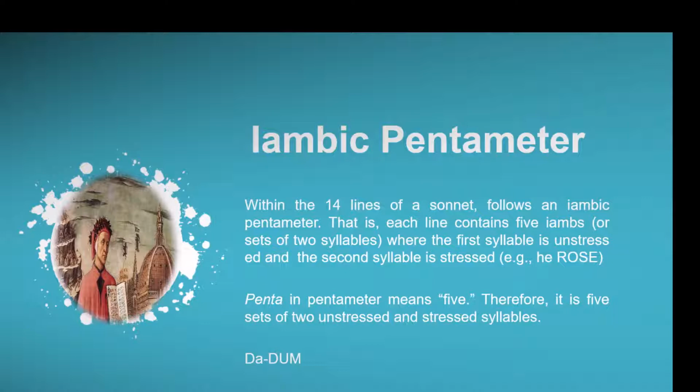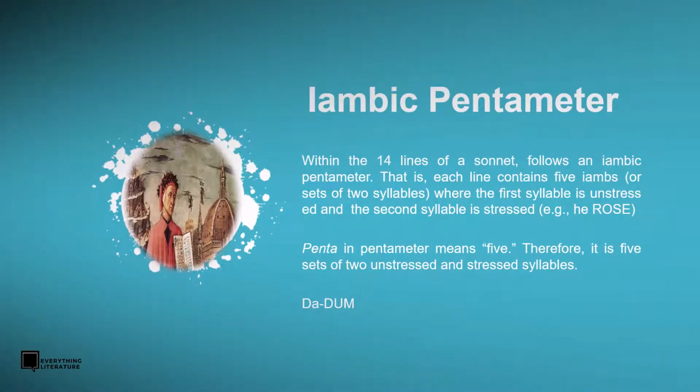So the way we count the beats is, a very good example is da, dum, da, dum, da, dum, da, dum. So the da, dum is actually like a beat. Da, dum together, it's like a beat. But within that beat, we have the unstressed and stressed. So the da is like the unstressed syllable, and the dum is like the stressed syllable.